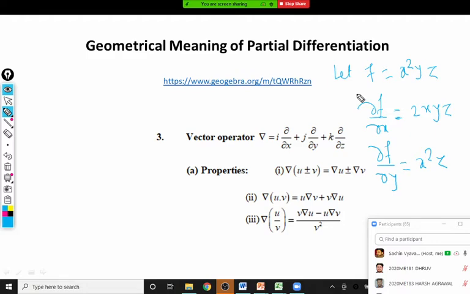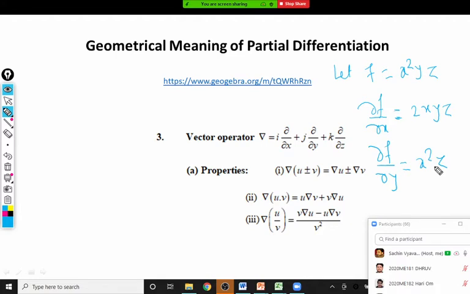If you want the partial derivative at one particular point, say 1, 1, 1, yes, we can replace this xyz by 1, 1, 1, and we get dou f by dou x at 1, 1, 1 is 2, while dou f by dou y at 1, 1, 1 is 1. We can say the rate of change of that function along the x-axis is 2, while the rate of change of the function f along the y-axis is 1 at the point 1, 1, 1. So that way we interpret these results. First we get a general differentiation, then we can get this differentiation at particular points also.